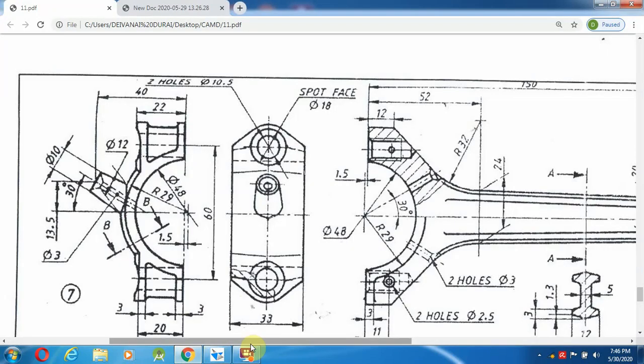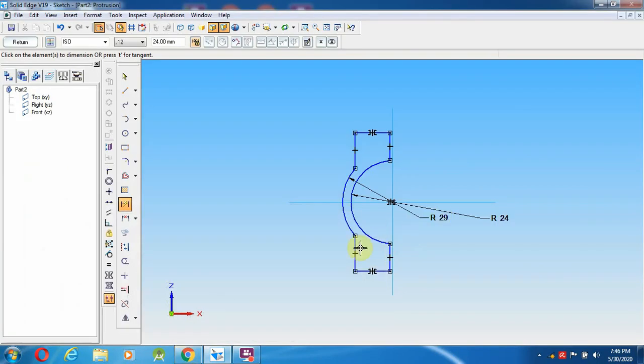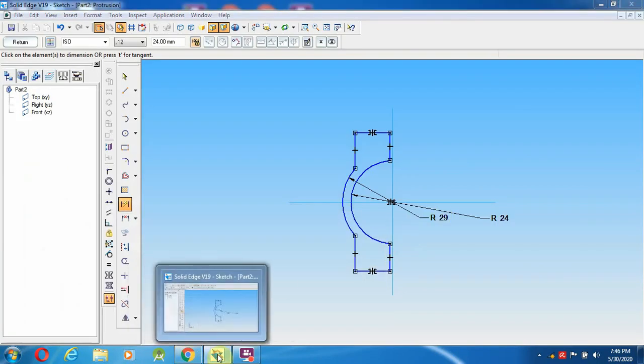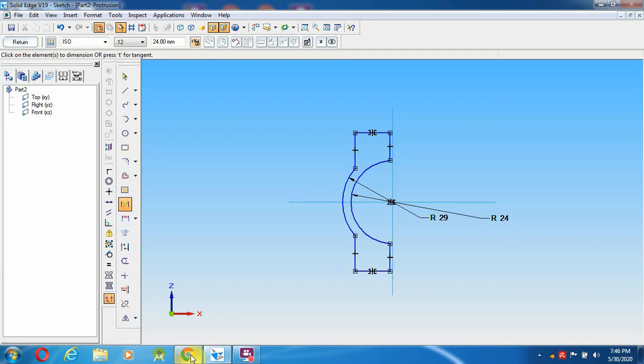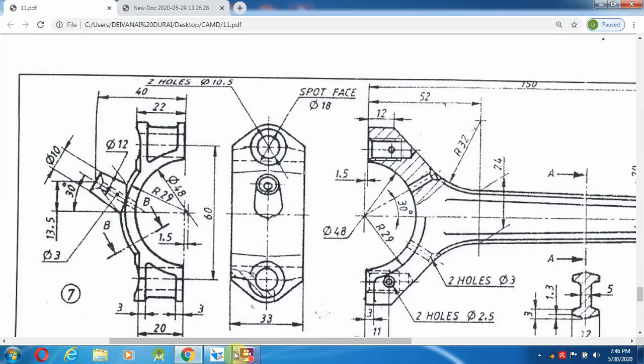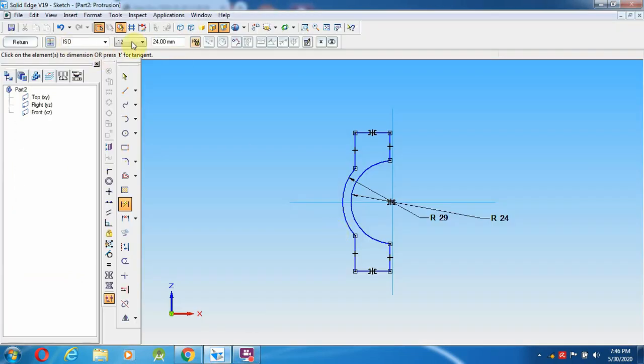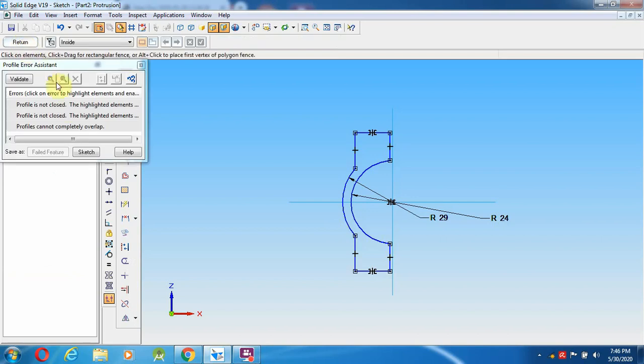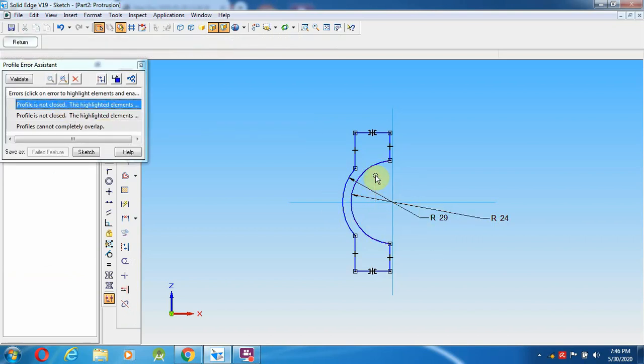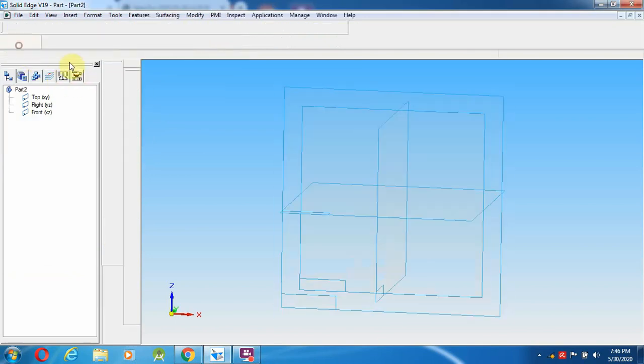Okay, so those things if you are completed, then we are going to give the protrusion of 33 mm distance. I think 33 mm. So if anything it changes, we will rectify it. Go over here the extrude. The center point makes the problem, so going to give extrude.